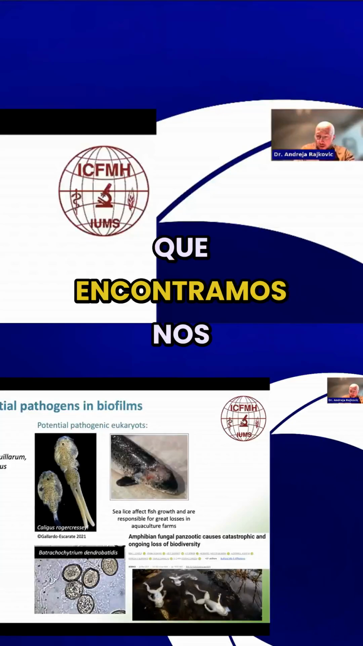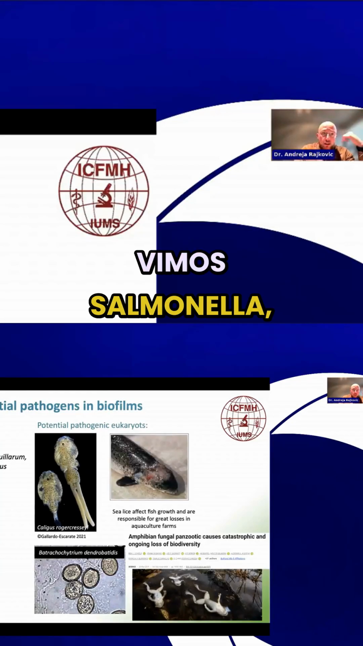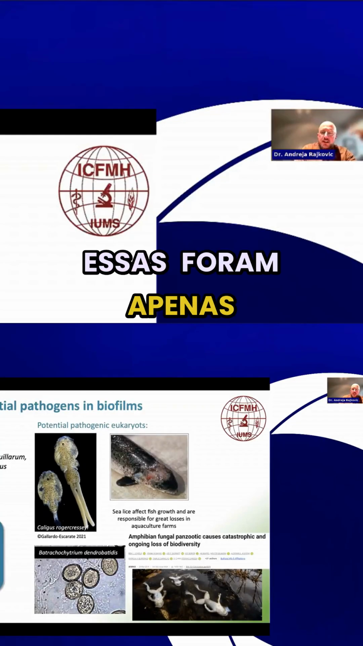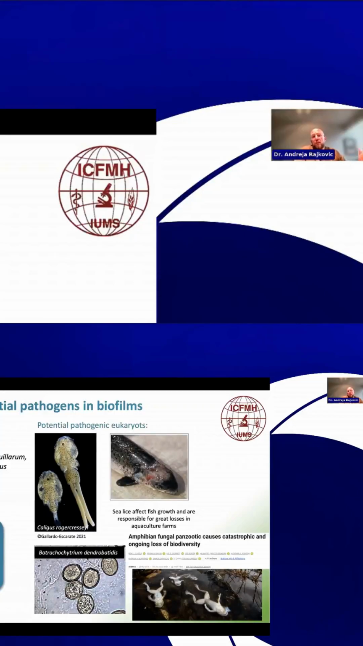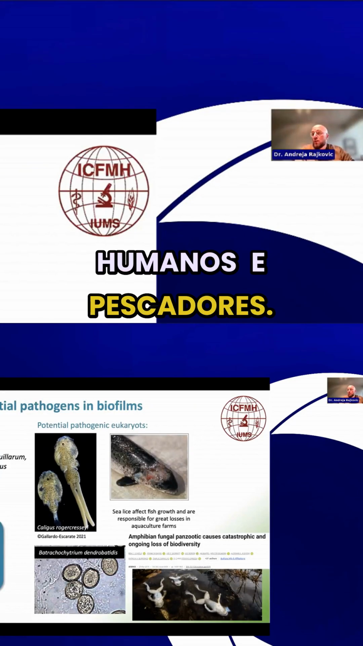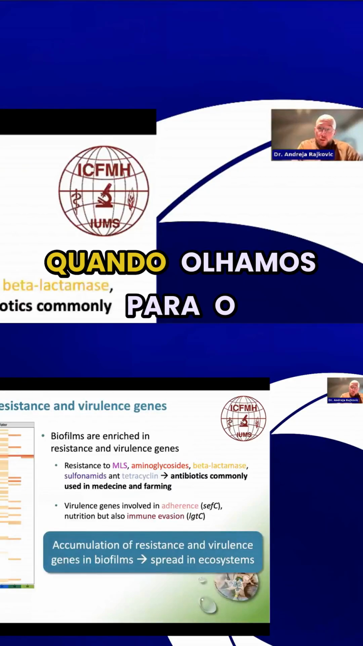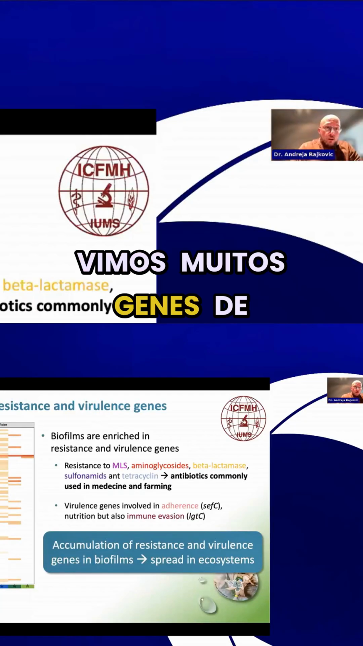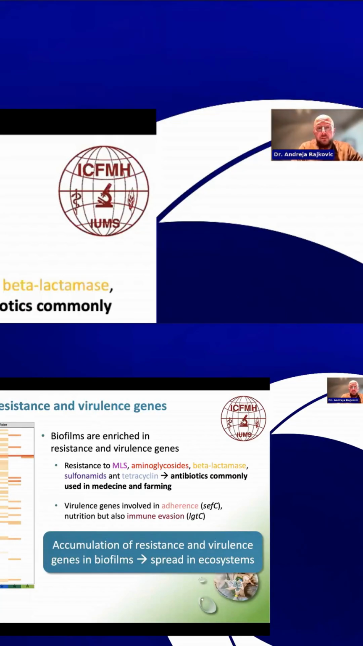Among the species which we found on the plastics, we saw Salmonella, different Vibrios, Haemophilus, and Aeromonas. And these were just some of those which were found to be both human and fish potential pathogens. When we looked into the genetic material within that biomass, we saw a lot of virulence genes and a lot of antimicrobial